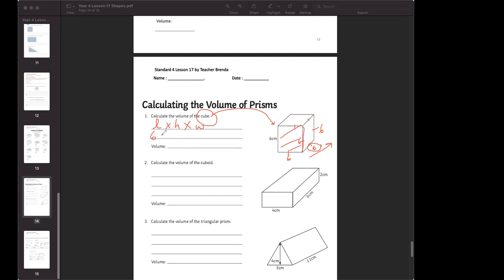Now you see how I put in 6 centimeters, multiplied by, again, the height is 6 centimeters, and multiplied again by the width, which is also 6 centimeters. Don't tell me the answer yet. Can you all do the maths here? 6 times 6,